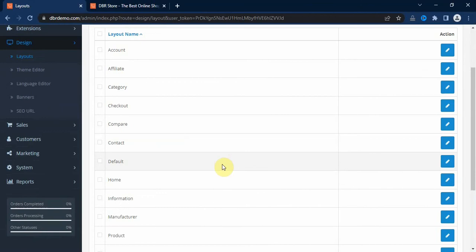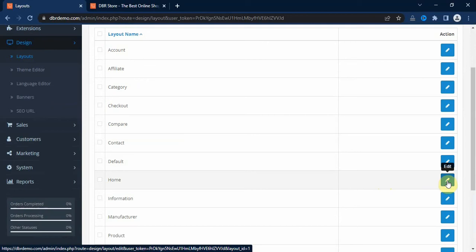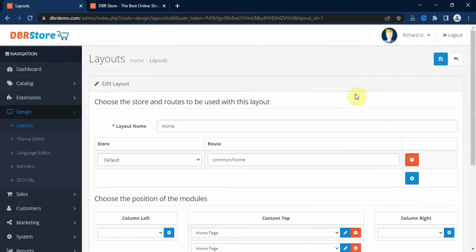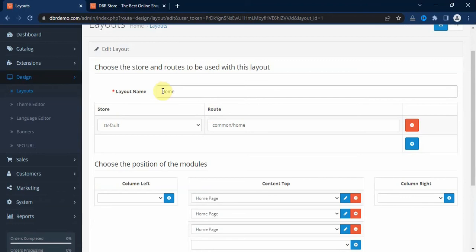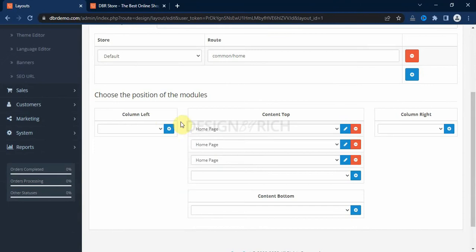If you want to add a module to a layout, you simply click on the edit button beside the layout. For example, let's edit the home page layout. Here we have the layout name, the store, the root. We don't need to bother ourselves with this for now. And here we have the module positions, the column left, the content top, the content bottom, and the column right